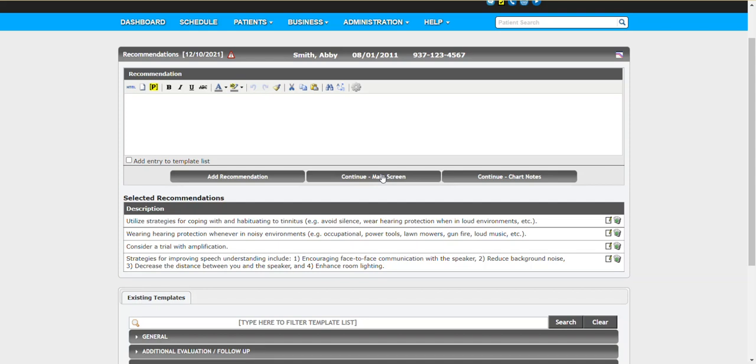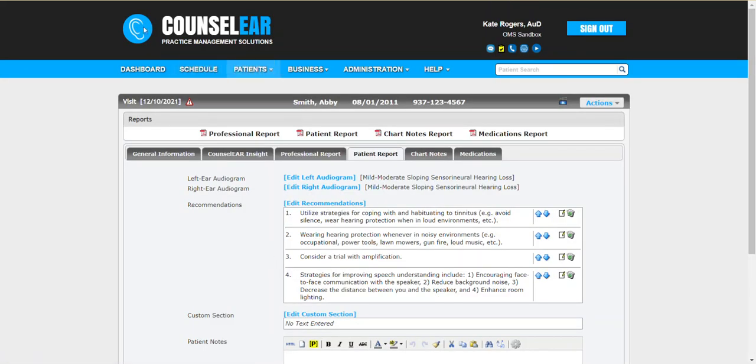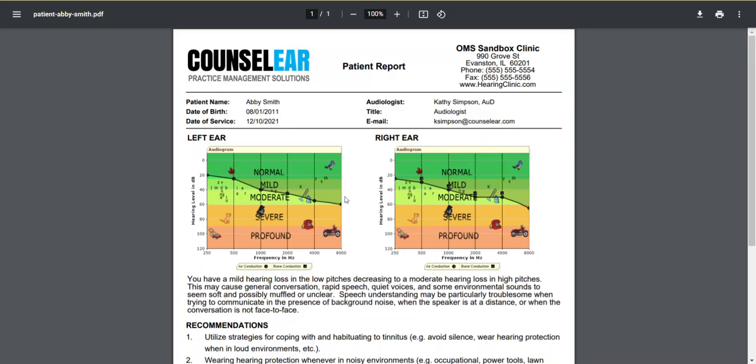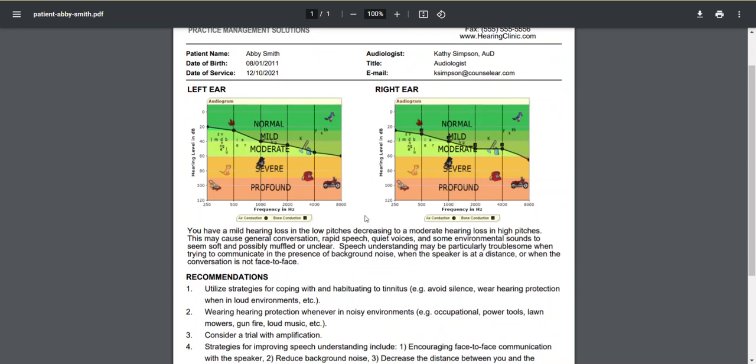The idea is you're doing this right after you finish testing. So that way, when you start counseling, you have access to your patient counseling summary right away. So you can bring this up on a screen or you could print this for a patient and use it right away in counseling. Now you also have a great deal of control as to the look and feel overall